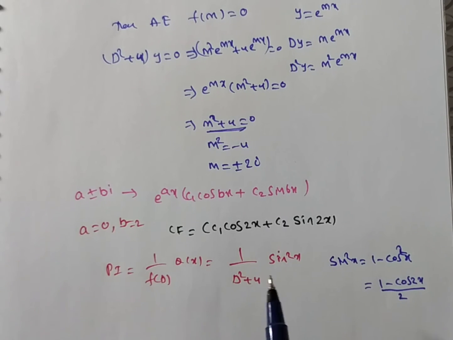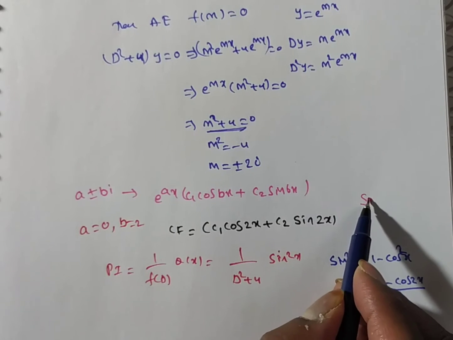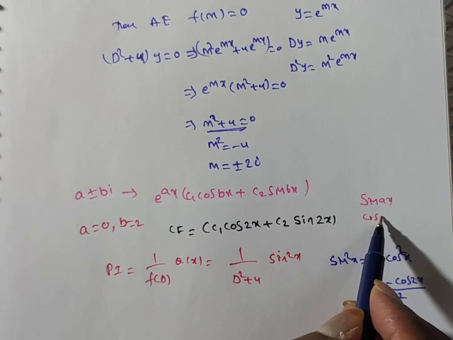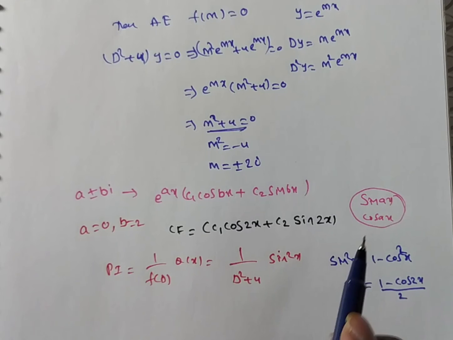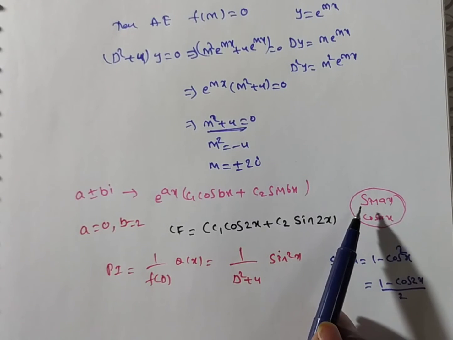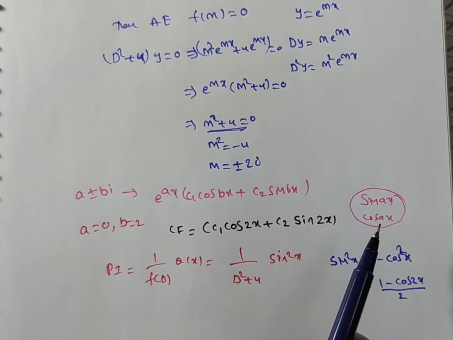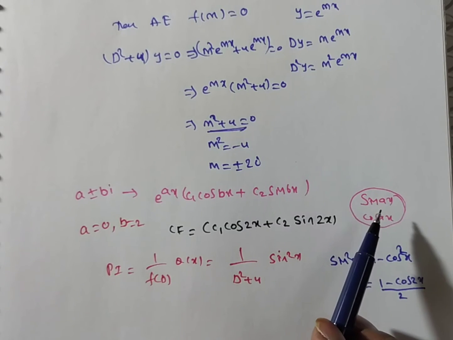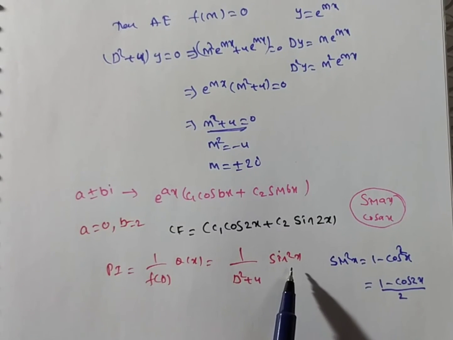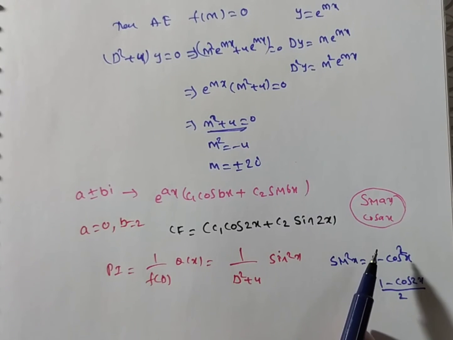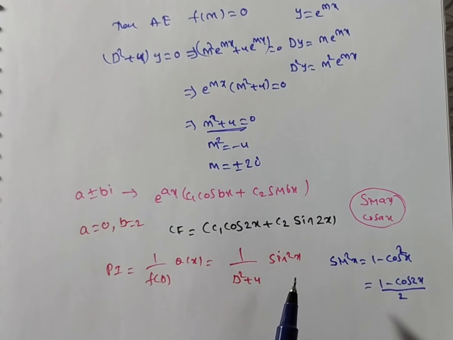You see friends, we have formulas only for sin ax or cos ax. We don't have for other forms, meaning sin square term, cos square term, sin x into cos x, sin x into sin x, cos x into cos x. Here you have a sin square, so I am changing into either sin or cosine. Here you have cos square. Sin square formula I don't know, similarly cos square also we don't know. So you cannot apply the first one. Okay, now coming to the second one.